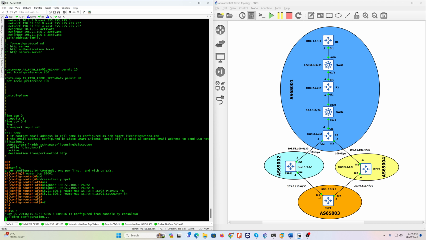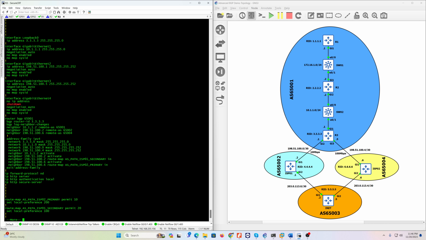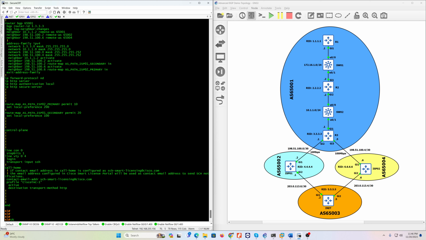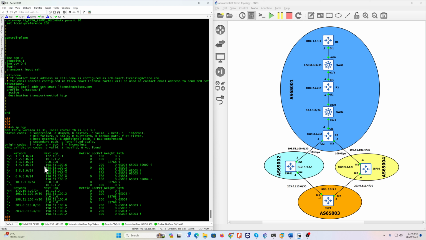So run. Yes, this is the primary and this is the secondary. Show IP BGP. So we have set this one here,